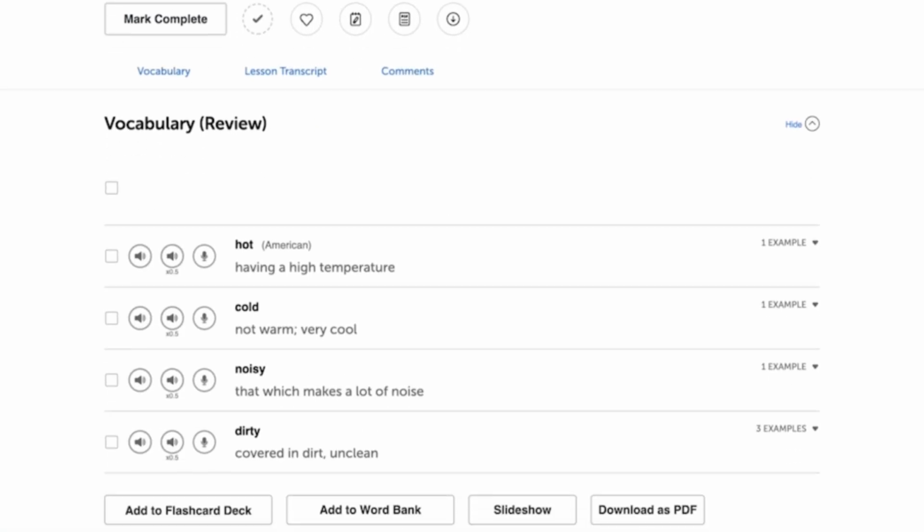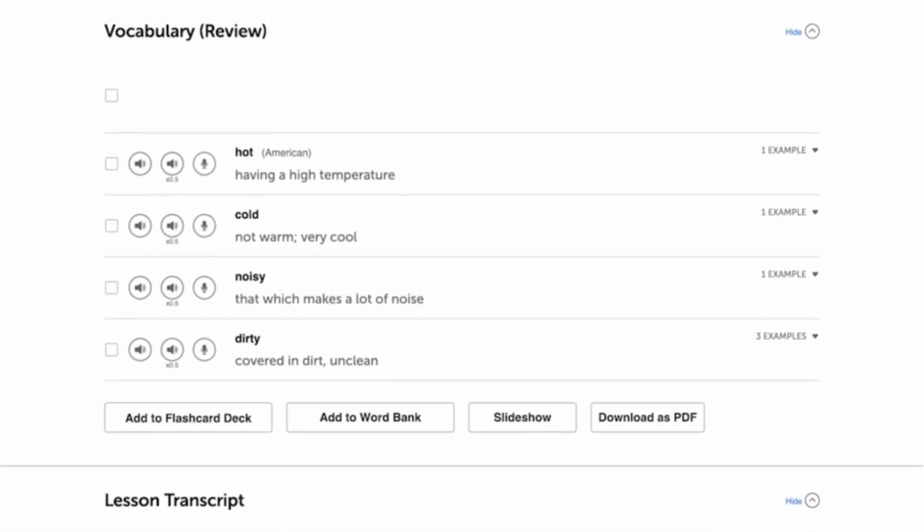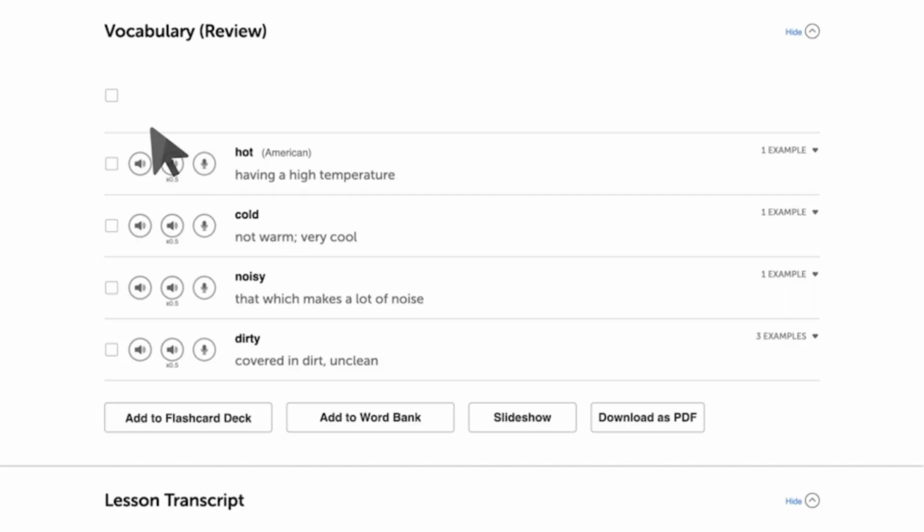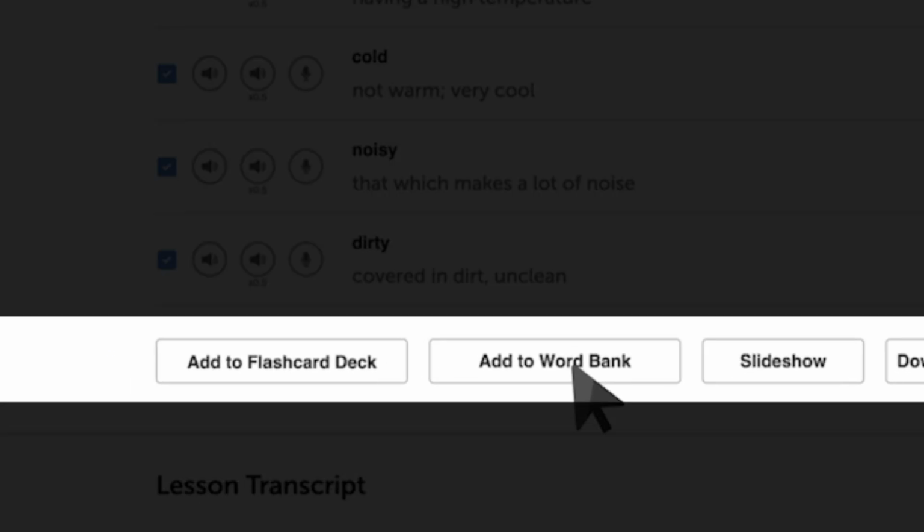As you go through the lessons on your learning pathway, you'll come across new words and phrases in every lesson. You'll find them down in the vocab section. If there are any you want to save, you can send them to your word bank. Think of the word bank as your extended brain, where you save words and phrases for later review. And the word bank is what will help you make these worksheets down the line. So just hit the Add to Word Bank button on the lesson page for whichever words and phrases you want to save, and keep on going with the lessons.